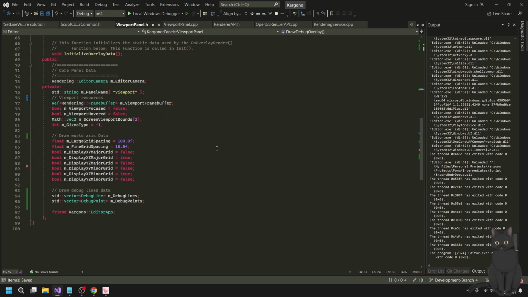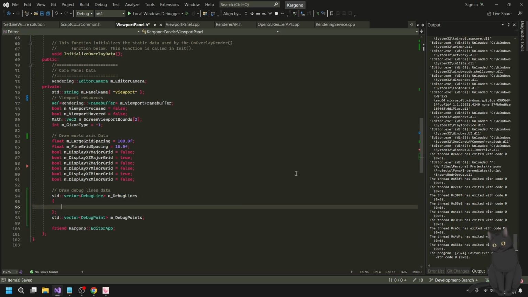And if we head back up here, we can go ahead and initialize this with something. So 0.0f, 0.0f, 0.0f, comma 5.0f, 5.0f, 5.0f.